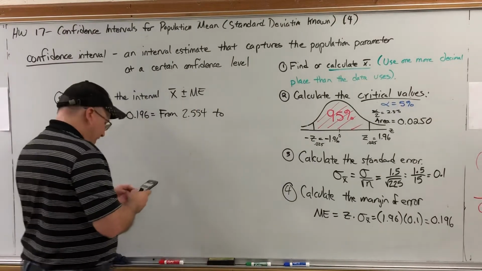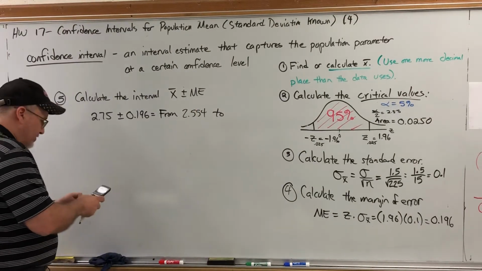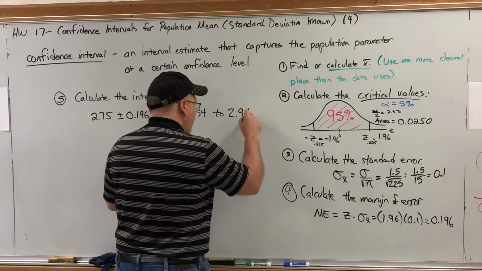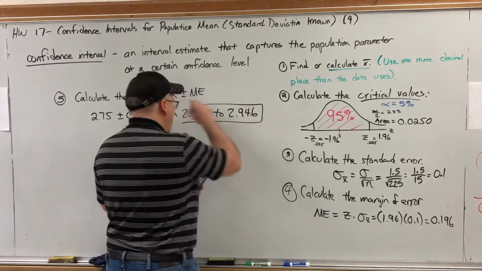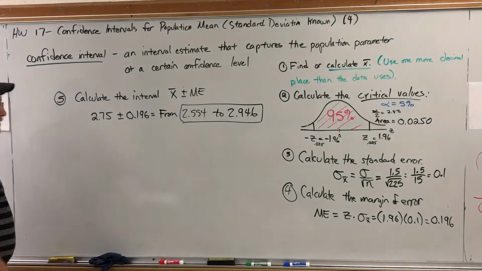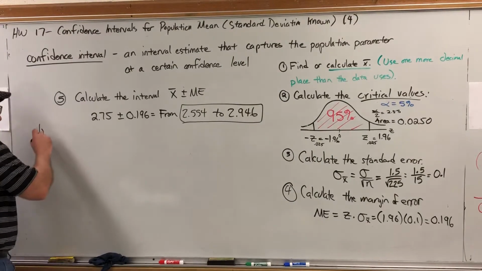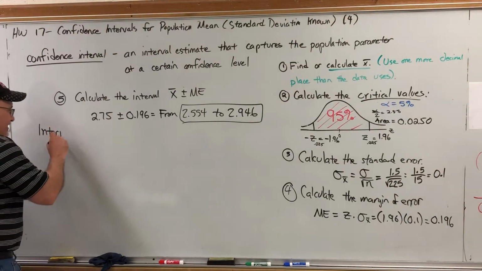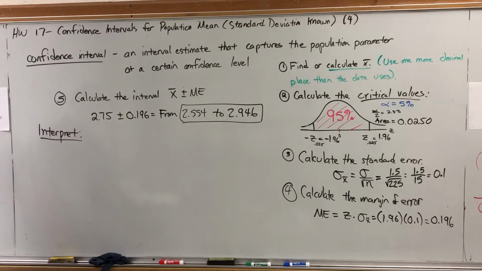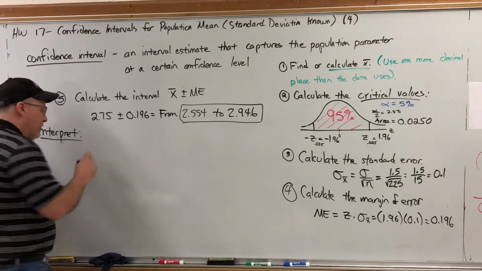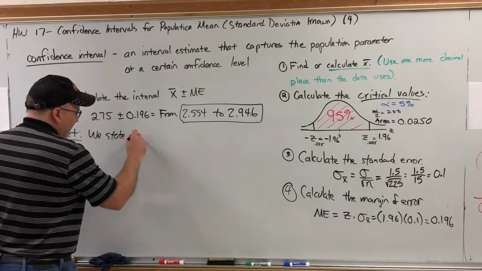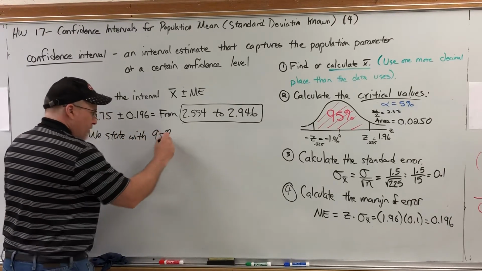And then if we add, instead of subtract, we get 2.946. And that is our 95% confidence interval. There is a way to interpret this. In fact, there's an easy way to interpret any confidence interval for a population mean. You just say the following. We state with 95% confidence